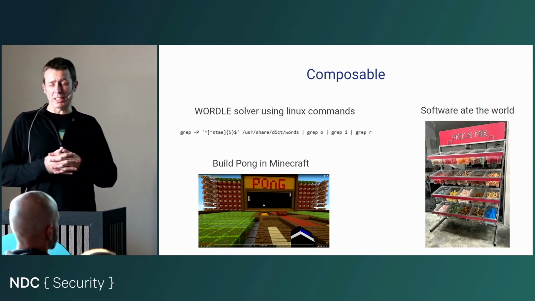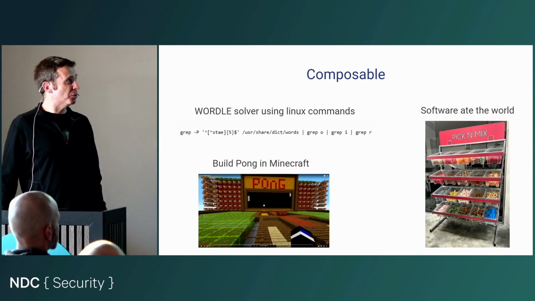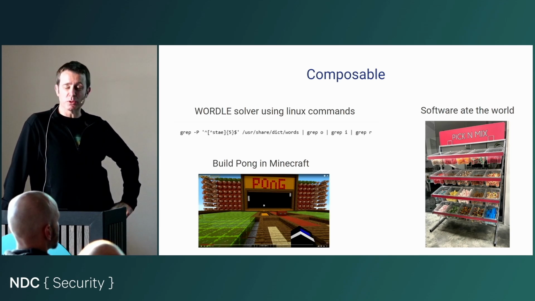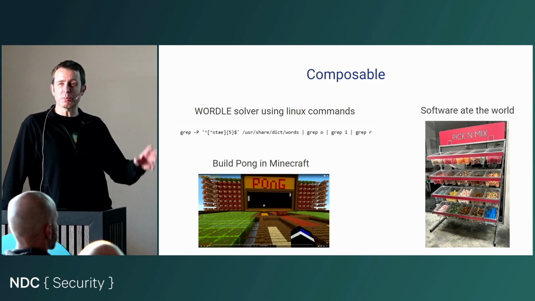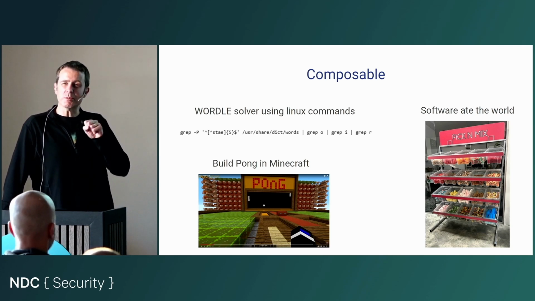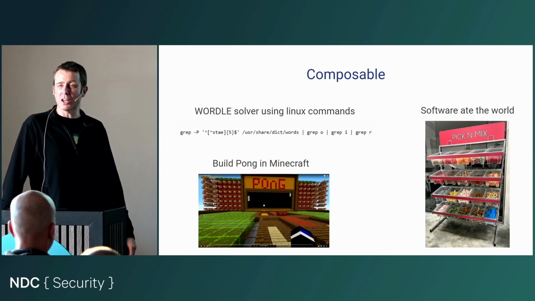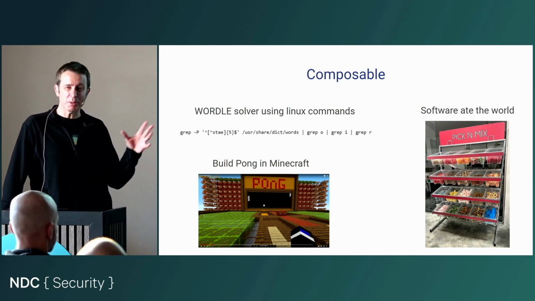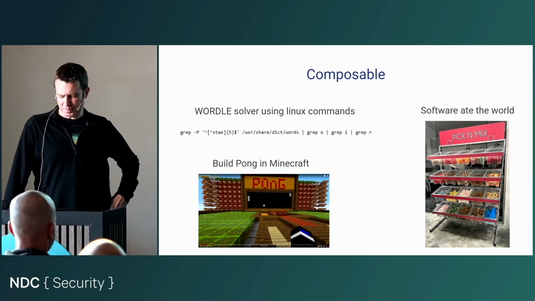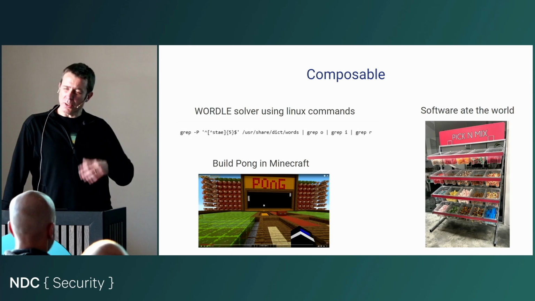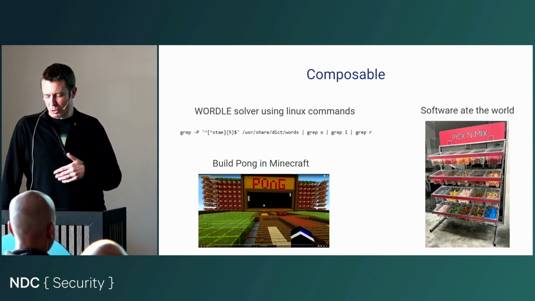And just generally, software ate the world. All of the open source libraries, all the APIs out there, it's really a big pick and mix of composability. You go out and you grab one, you grab something else, you use your OpenAI APIs, your AWS APIs, and you go and build crazy things that people never imagined were possible. So that's great. But in terms of the framework, it is more difficult to say, well, how composable